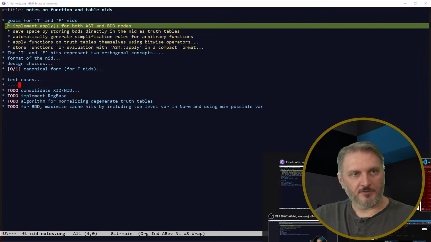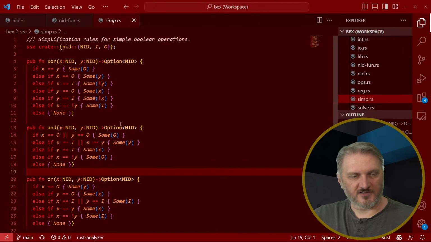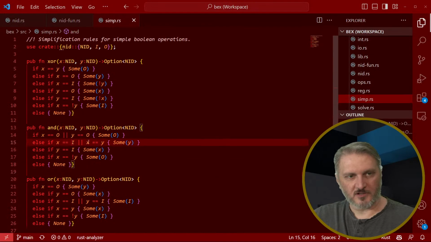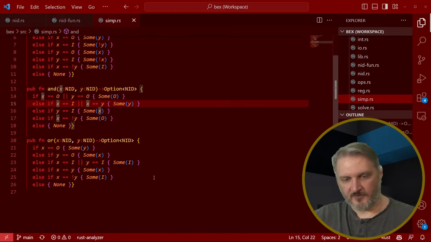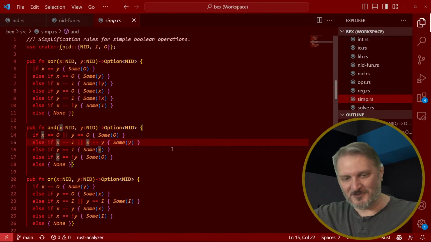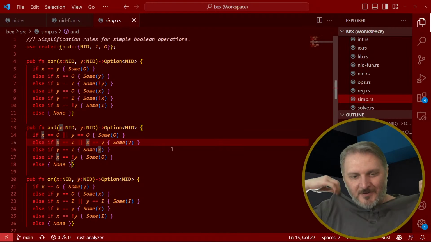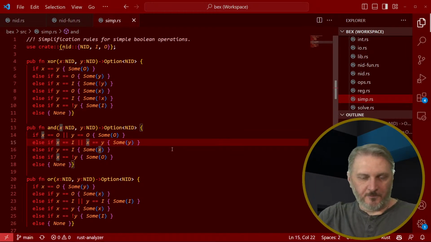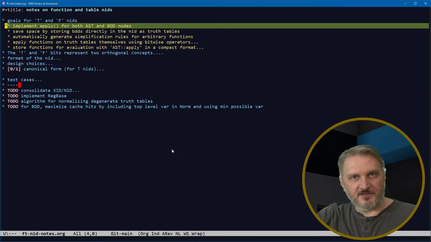Okay, so these simplification rules basically are the case where it's a constant, or two of them equal each other, or they equal inverses of each other. And because you have 5 inputs, you can do that on any pair of inputs. Those can be simplified. So I think there's a good chance that